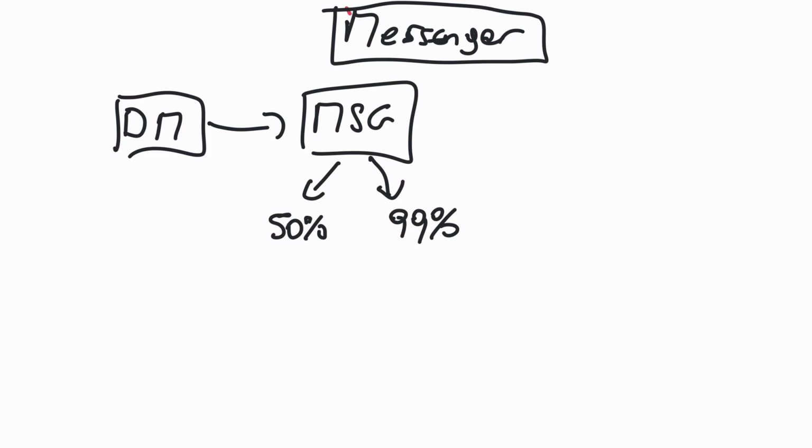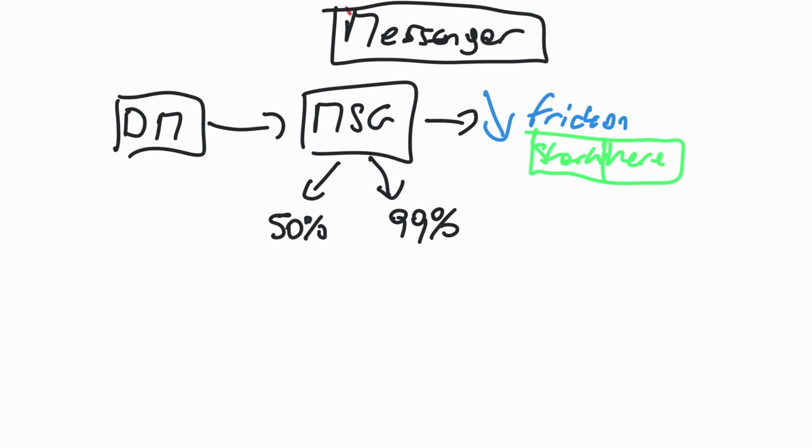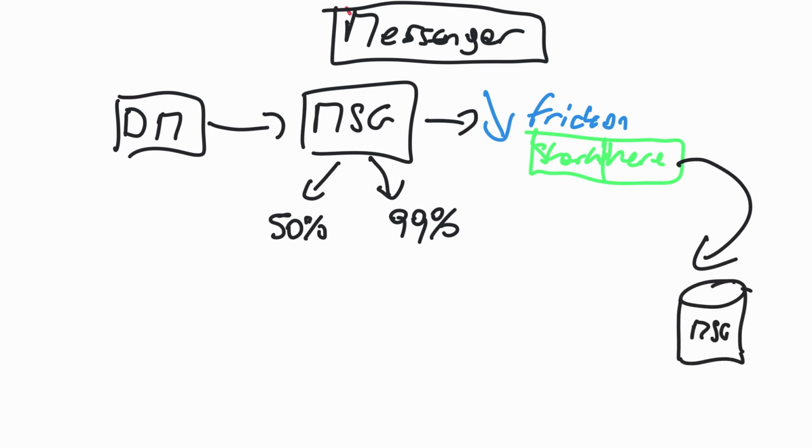And the reason is very simple: the level of friction on Messenger is just incredibly low, okay? Because all they ask you to do is to click on start here, right? People don't need to give their email. They don't need to give anything, okay? All they have to do is press this button, start here. And now, boom, they are now in my Messenger list. So now here I have this Messenger list. But again, remember what I said, this belongs to Facebook. And if tomorrow they want to kill me, they can, all right?